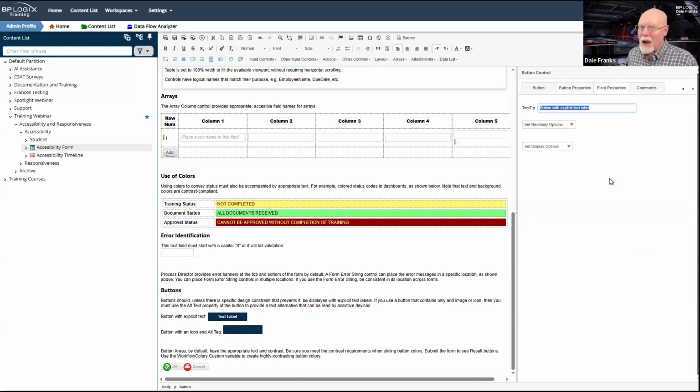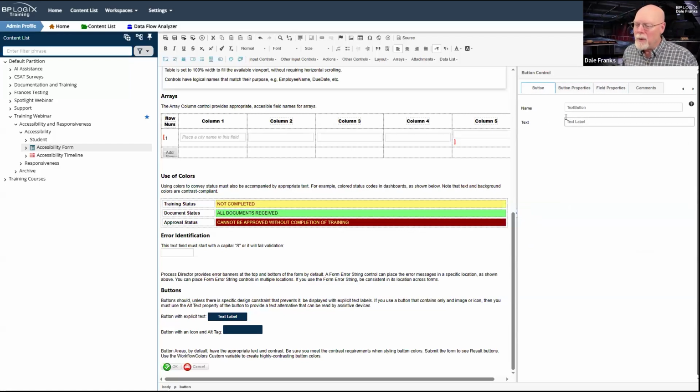Both the alt text and the tooltip text are text representations that you should have on all of your buttons. And I know you have never seen me put in the tooltip text on a button or even the alt text, because I'm cowboying my way through stuff usually in one of these webinars, but that's how it's supposed to work.